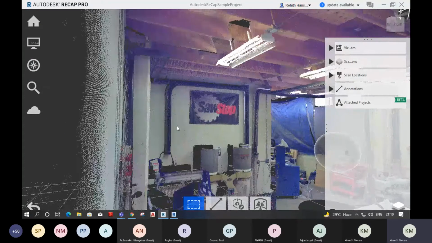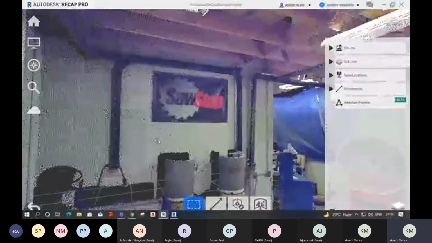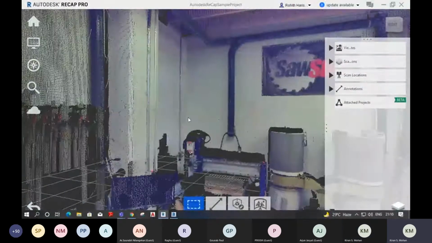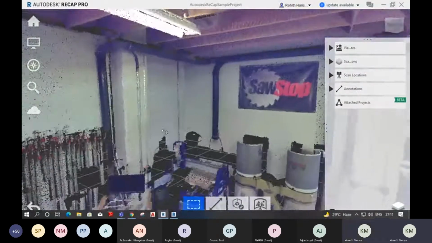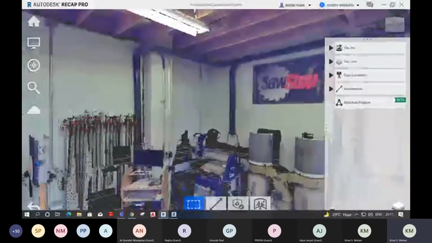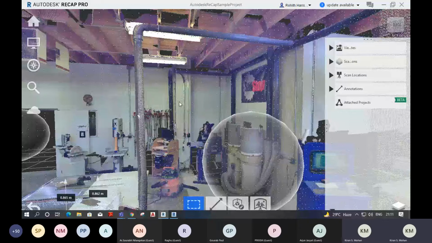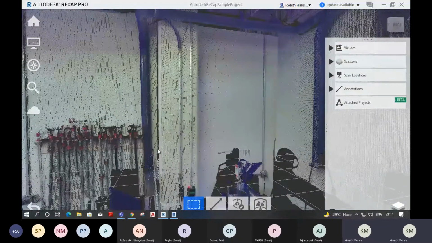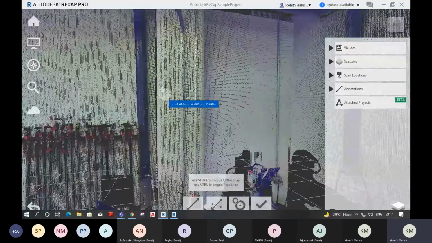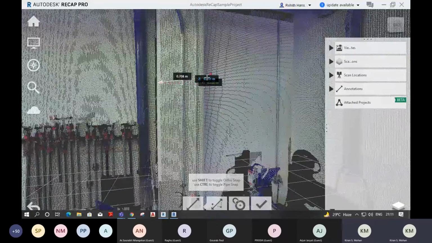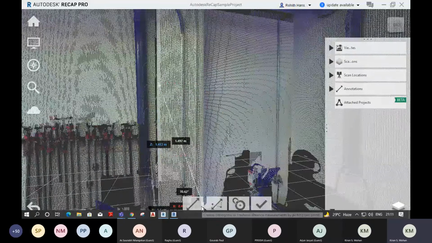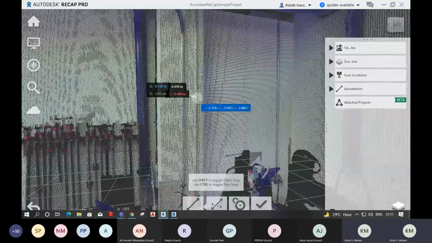So this is the main entrance on the left side. So this is the column. Select measure option. Select freehand. It's almost 650. Okay, it's showing as 650. We have to verify that.